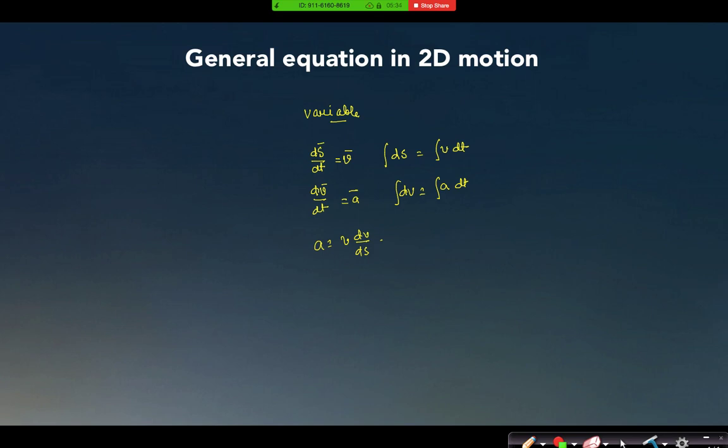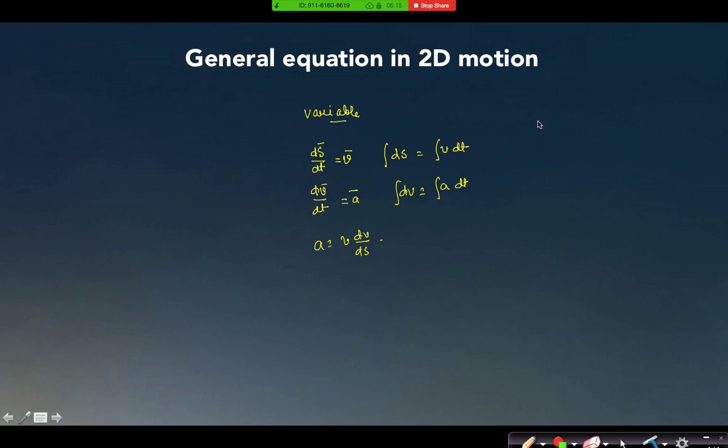But in two-dimensional motion, you cannot integrate this, right? Can I just integrate this acceleration, a dt, in a two-dimensional motion? No, because you cannot integrate a vector unless its direction is constant, right? Remember this thing. So I cannot integrate this function, acceleration or velocity, but I can differentiate it. Remember that I can differentiate a vector even if its direction is changing, right? We will discuss these in detail in later chapters.